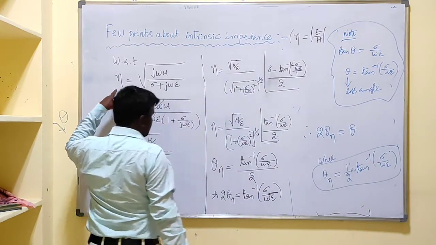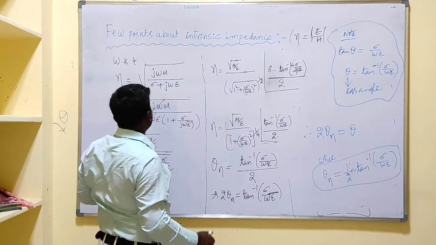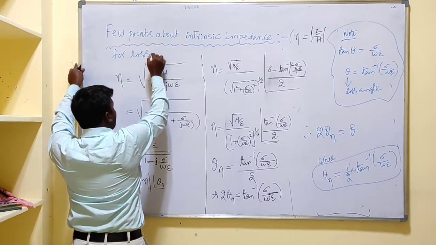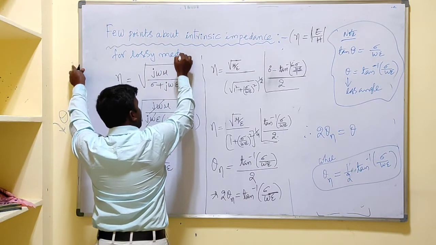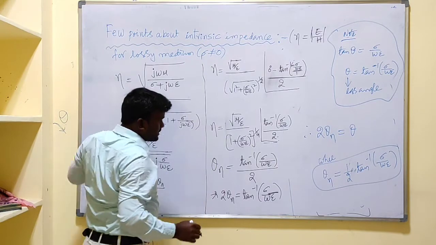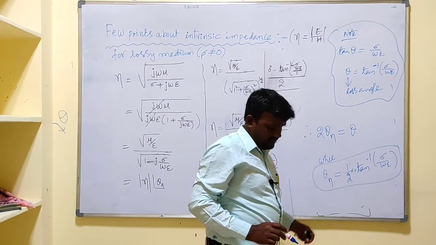Angle contribution of this eta in case of the lossy medium. Few points about intrinsic impedance. For conducting medium or lossy medium, we derived this. So lossy medium means what? Sigma is not equal to 0. Now we will discuss this eta and this theta suffix eta for